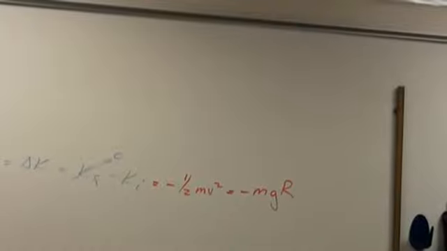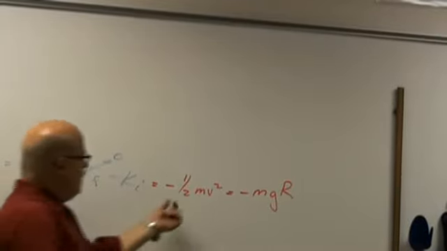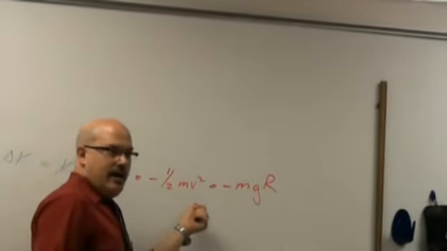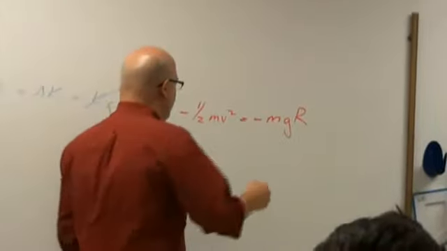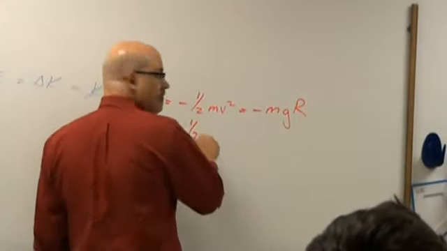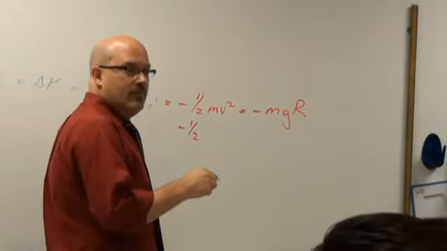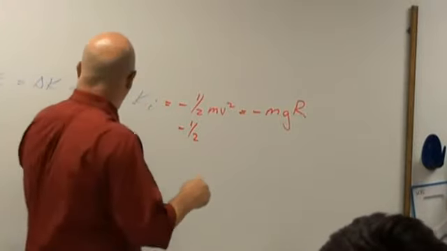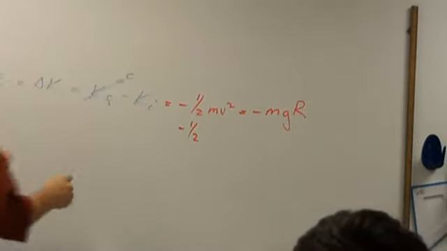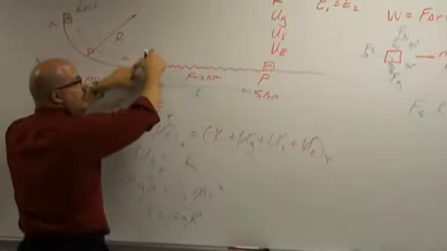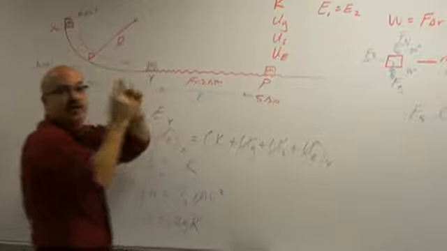Did I lose you? Okay, let me show you. This is 1/2 mv squared, right? But what's v? Oh yeah, I got that part, how we got to there. But how did we get the change in kinetic? Oh, how did we get to here? Okay, because the energy here and the energy here, the difference in the energy between those